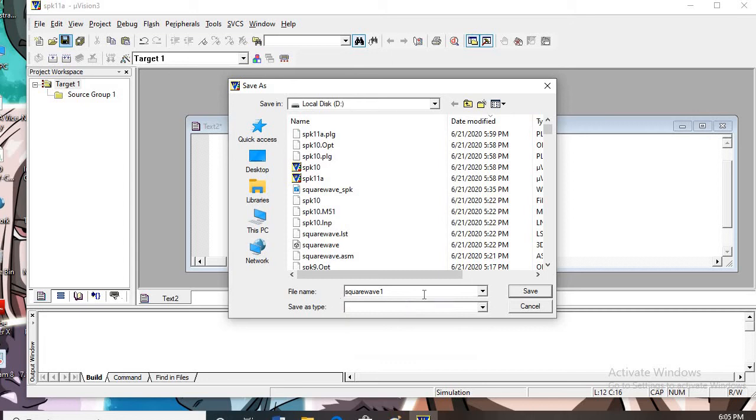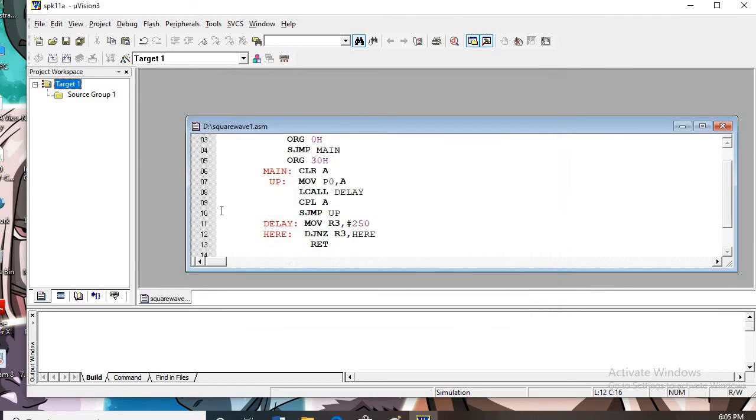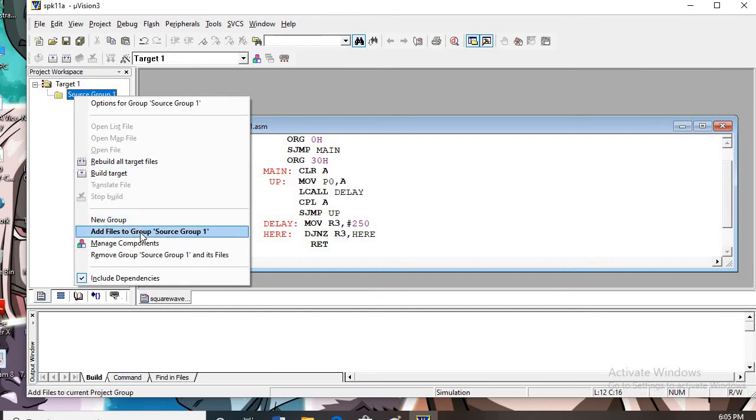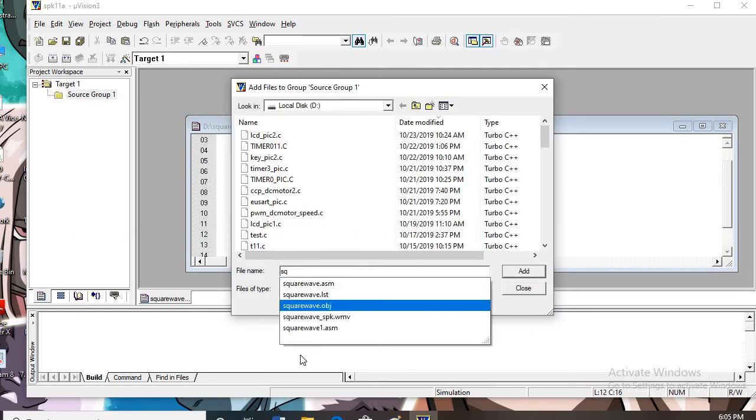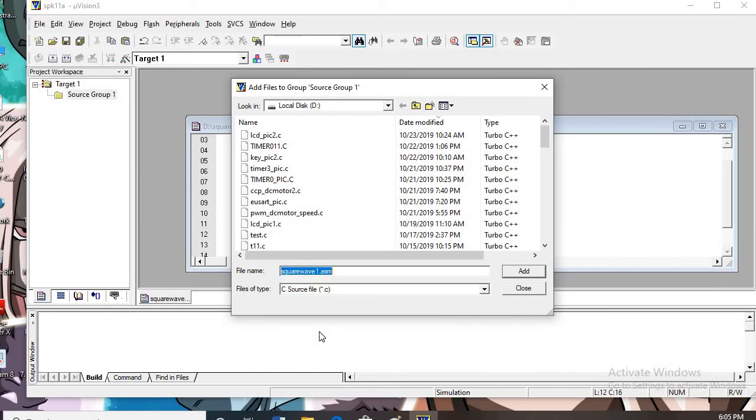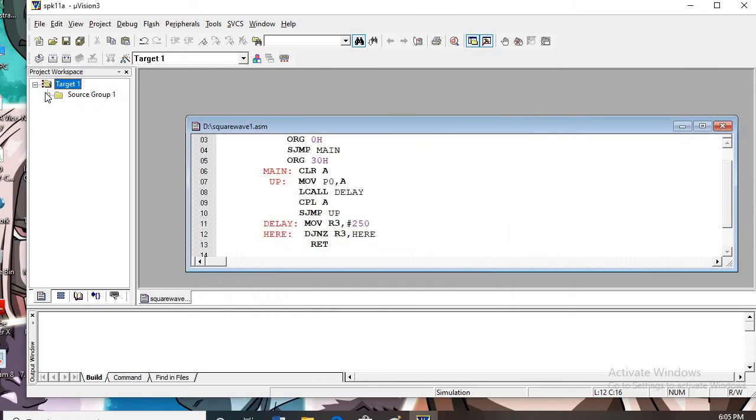See, first waveform dot asm. Save. Now we will take it into source group. So this is add files. Here it will be square wave 1.asm. So add. Now close this. Again go to source group. Click here on the file name and build.